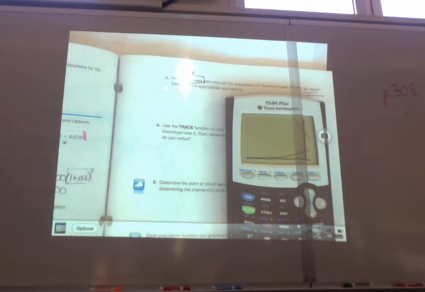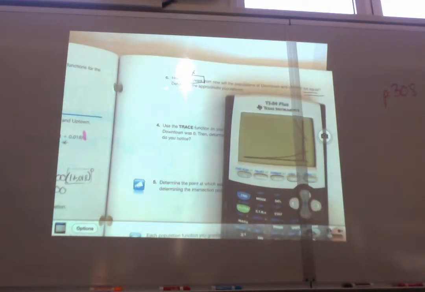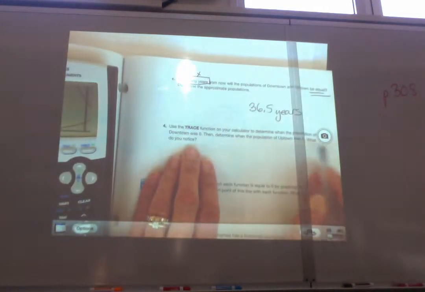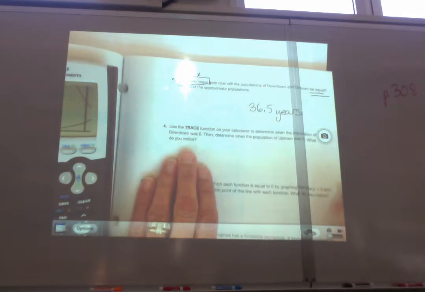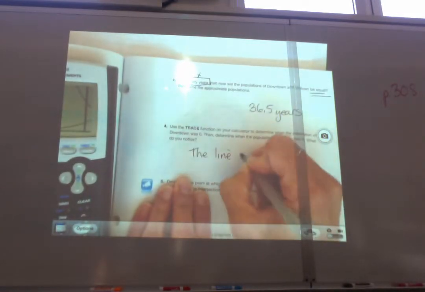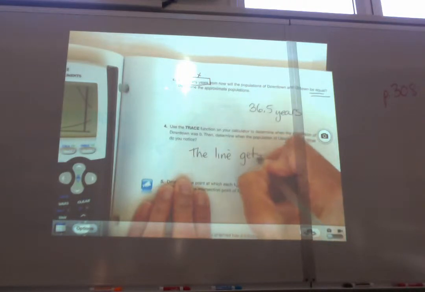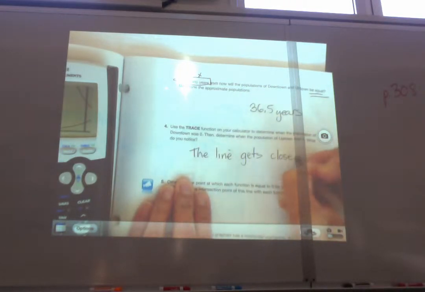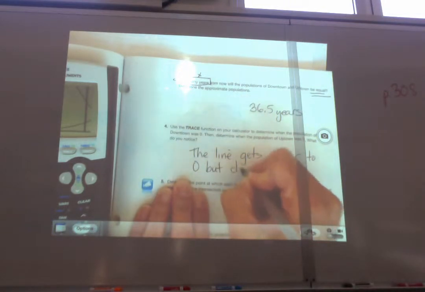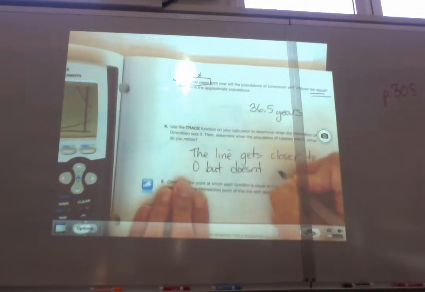No. It is getting closer and closer to 0, closer and closer to that axis, but it's just skimming along the top. Okay? Determine when the population was 0. What do you notice? The line gets closer to 0, but doesn't cross